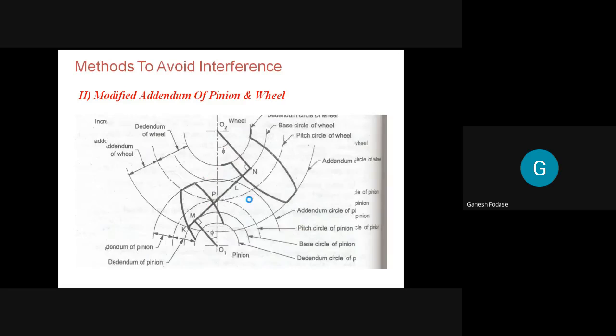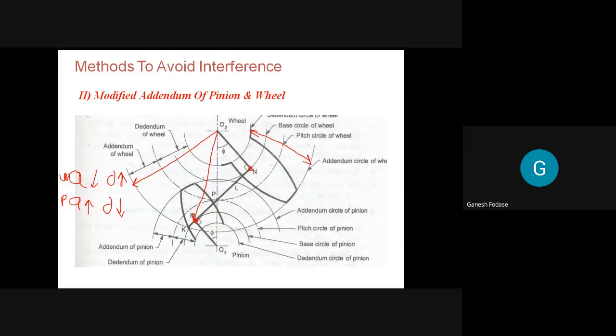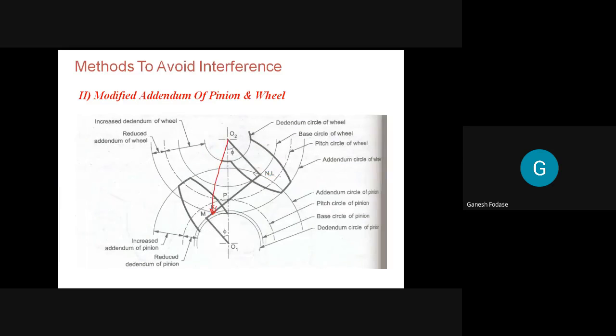Now you can see the initial diagram. Here, this was the original addendum radius, but in order to modify it, you have to decrease this. So when we decrease this addendum radius, you can see this one is the wheel gear tooth. When we decrease this addendum radius, the pitch circle radius, which is here, does not change. But if the radius is not changed, what happened? Due to this, we can observe that now this one is the addendum, which is decreased, and this one is the pitch circle